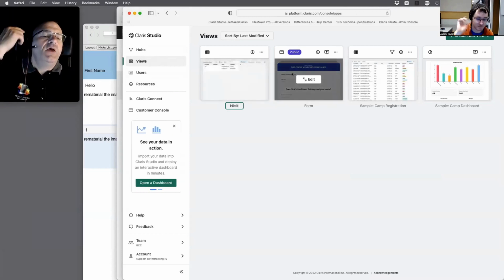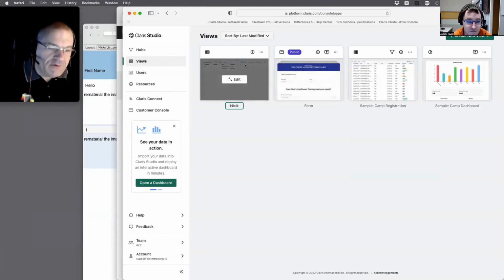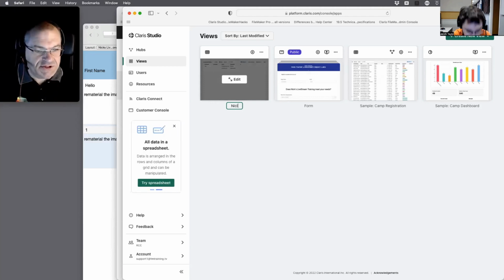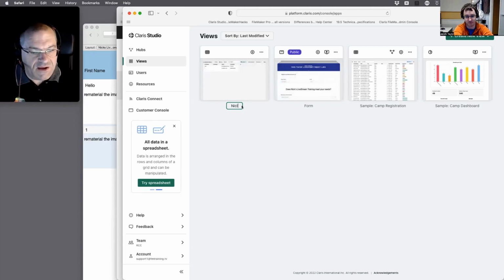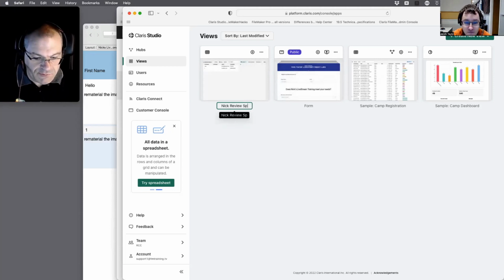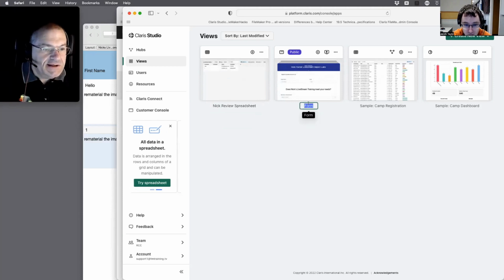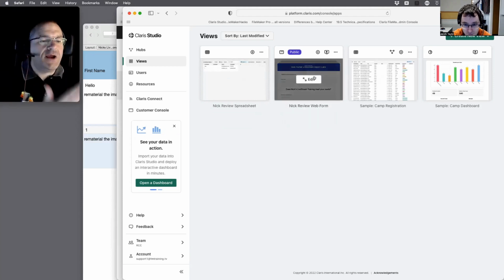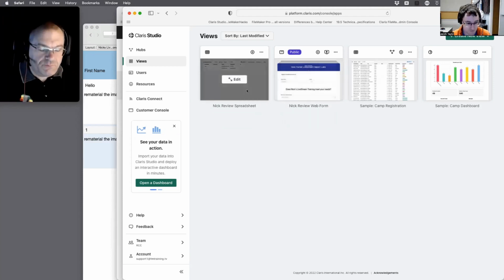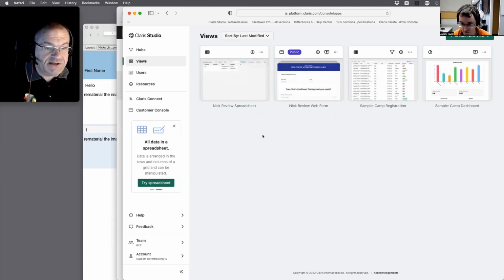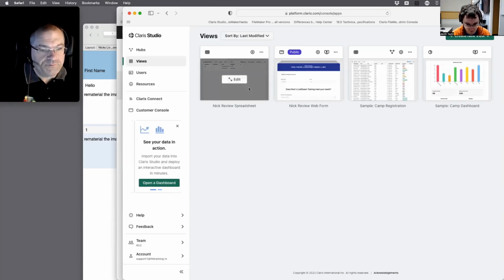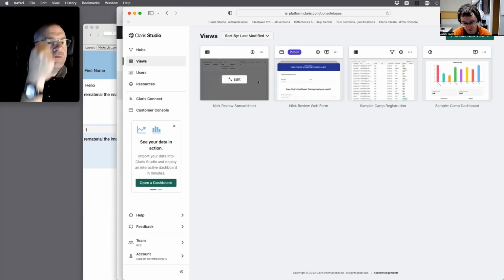When you create a form, it creates the backend table. It also creates a spreadsheet that shows you what's in the backend table, right? So it does this automatically. So this is the Nick review spreadsheet, and this is the Nick review web form. Okay. Yep. So I created this, and I automatically created the table, and I automatically created the spreadsheet so you could see the data submitted. And so you want me to click on this one and modify public, but it says it's enabled, right? Yeah, they are saying that no, it does not work. They can't see the web review form.